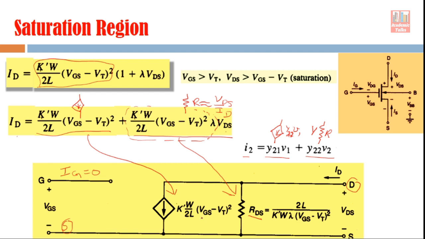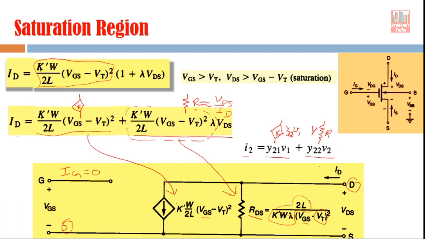So you can see that the MOSFET is modeled basically as a constant current source. The value of the current depends on VGS, the gate voltage, meaning the input voltage. That's why it is known as a voltage controlled current source. The second component shown here is the drain source resistance, and the value of this drain source resistance also depends on the gate voltage. Of course it depends on other parameters also, but most of these are constant parameters, right? So the only variable here is the gate voltage. The gate voltage decides how much resistance there is between the drain terminal and source terminal, and how much constant current will flow between them.